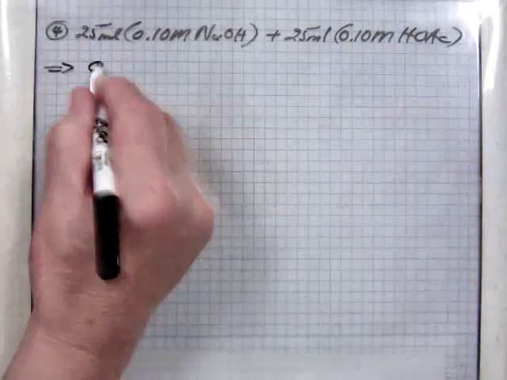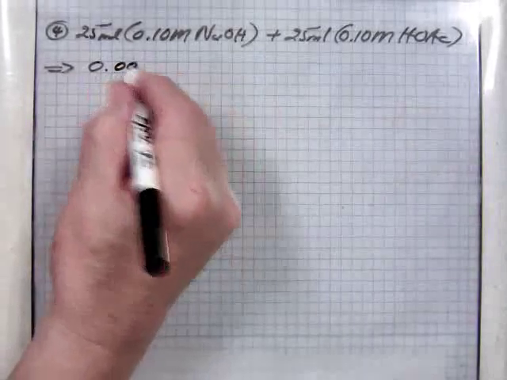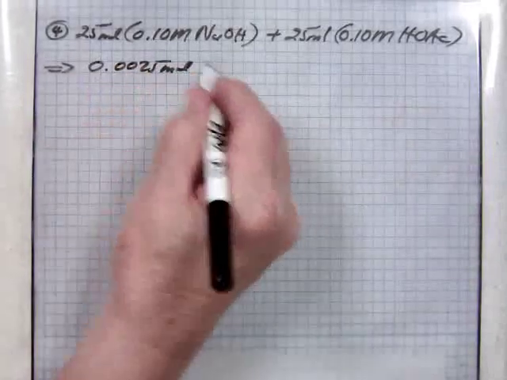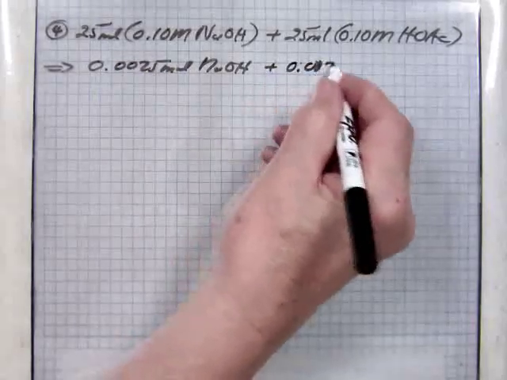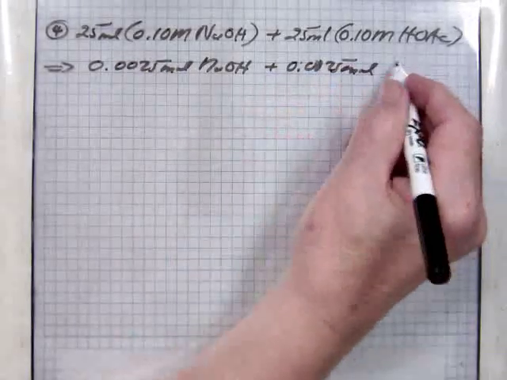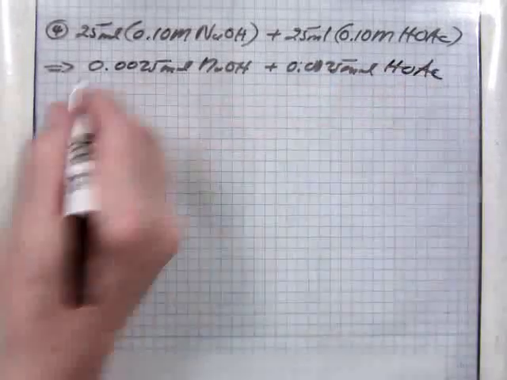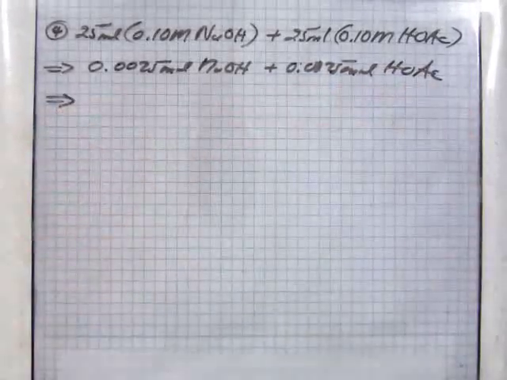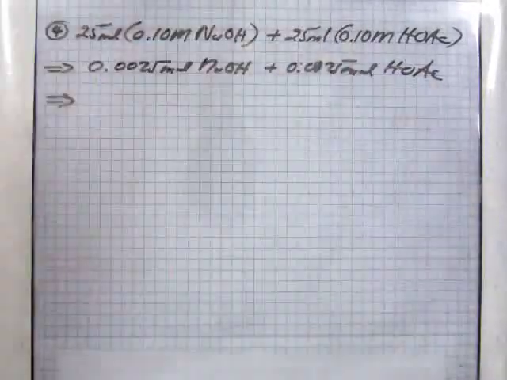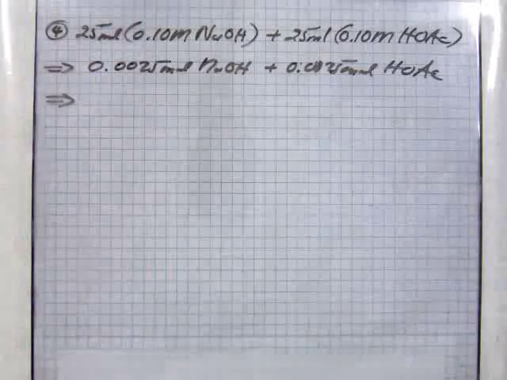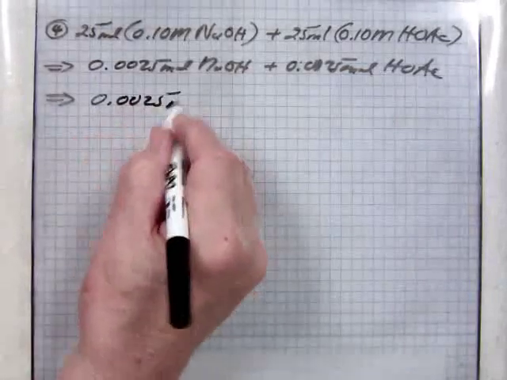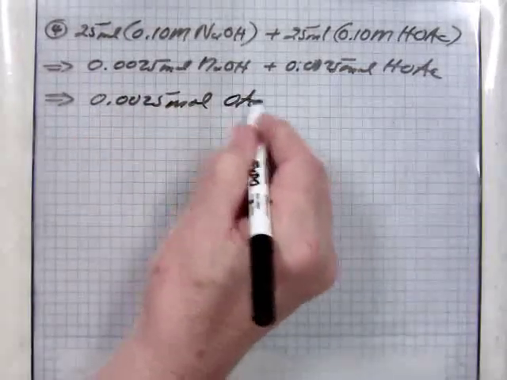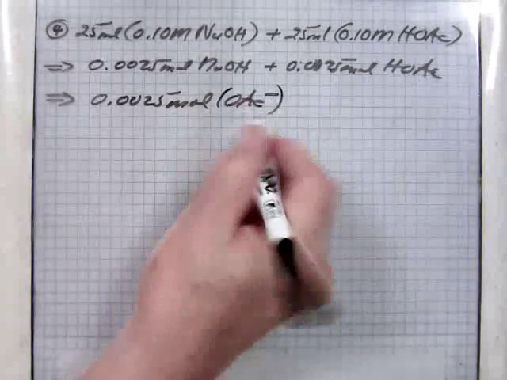You have 0.0025 mole of sodium hydroxide plus 0.0025 mole acetic acid. Well, what's that going to generate? There's complete neutralization, so you don't have any acid or base remaining. So the only thing you have is 0.0025 mole of the sodium acetate, which of course we're not interested in the sodium,